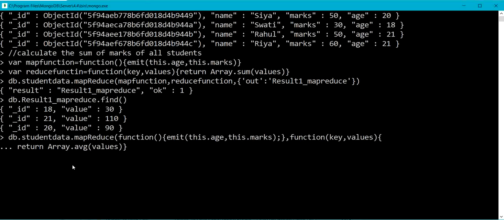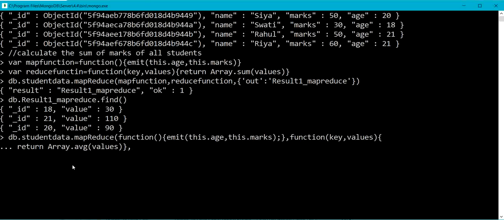Let me complete the second argument, comma. Now here I am using the third argument, which is a query filter or selection criteria for selecting the documents involved in aggregation.